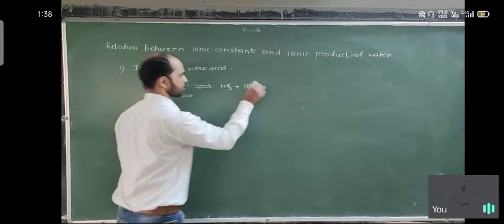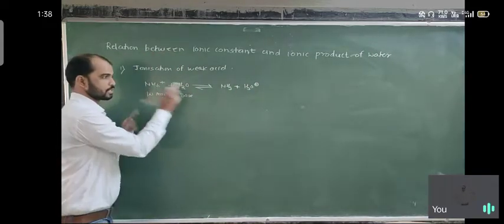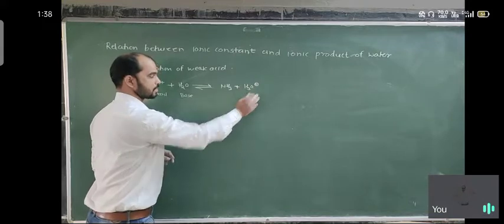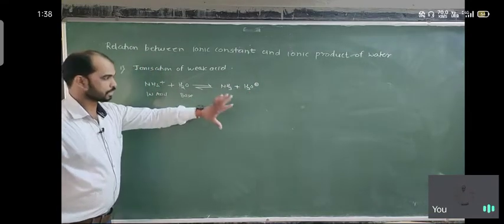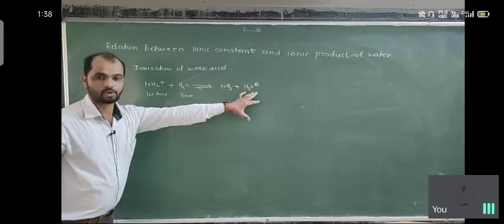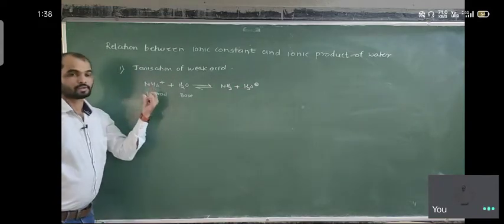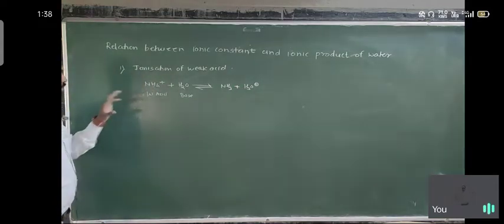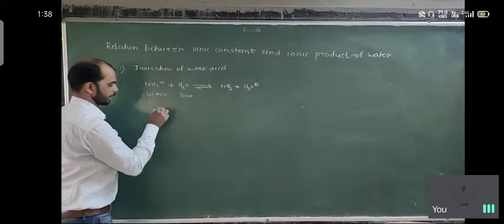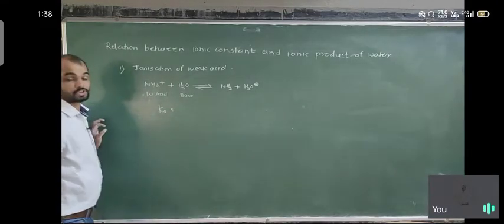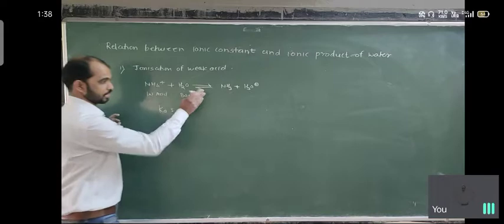So this is a positive charge. In two places there is one positive charge; in the product the positive charge remains, but it is on oxygen here and on the nitrogen there. So we use the Ka, meaning the dissociation or ionization constant of a weak acid, for the given reaction.